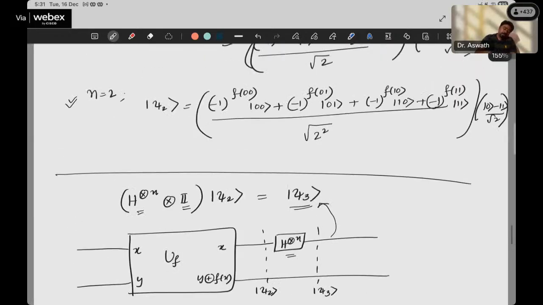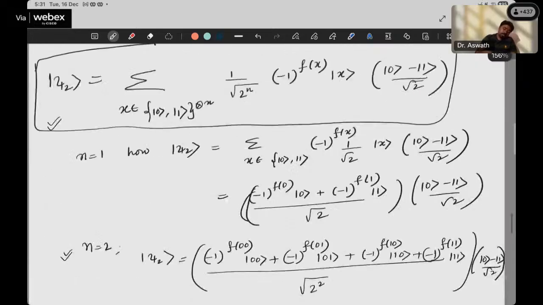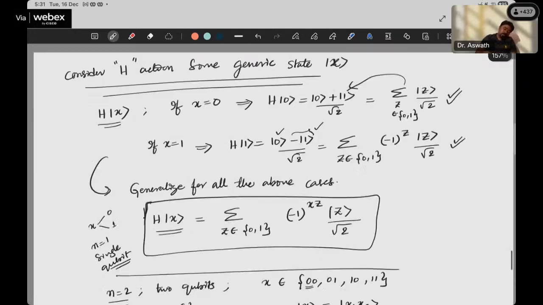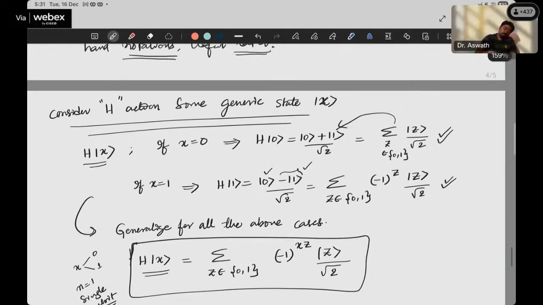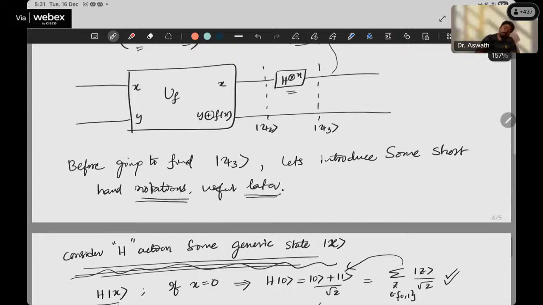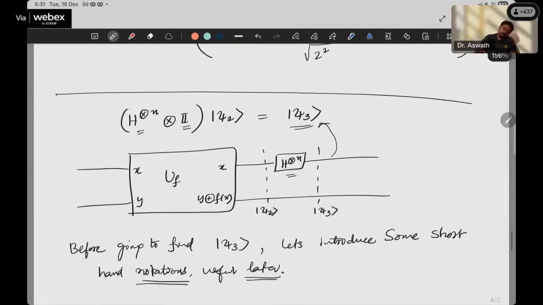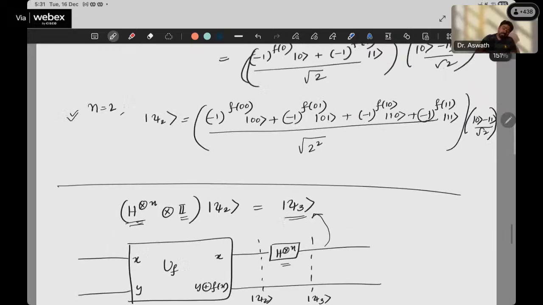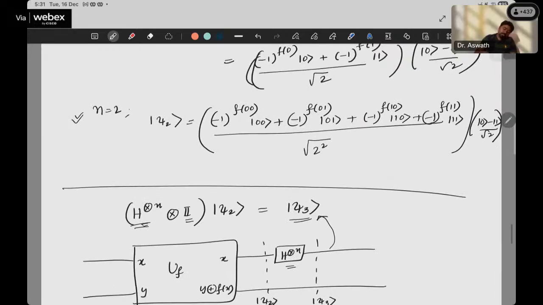Okay, a shorthand notation. Before going into this shorthand notation, where are we at? Finding psi 3, where psi 3 is a set of Hadamards acting on psi 2. But what does psi 2 consist of? Psi 2 consists of